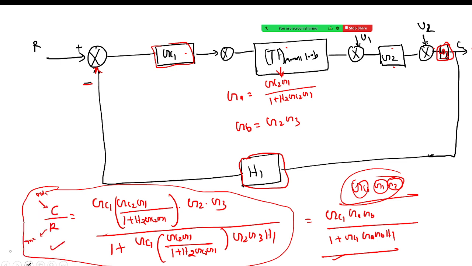So I hope these things are very clear to all of you. Anyone has any doubt? Tell me. Are you here? Sir, it's clear. Okay, good. So if it is clear, then I'll move forward and we'll solve